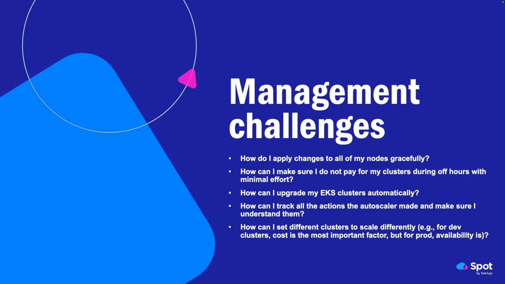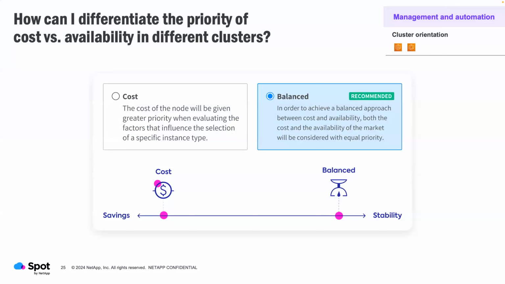Some of the management challenges that we address too, particularly around what customers ask for. There are different priorities in different clusters. My demo cluster is probably the lowest priority. Non-prod clusters, yes, we want them up and available, but if we can save a bit more money there, cool. For our production clusters, availability is key. So we have options around the way people can configure them. For non-prod, we can just say our number one priority is cost. That will influence the way that our algorithms run. We'll always choose instances that are cheaper. They might have slightly less runtime, but we will prioritize the cost.